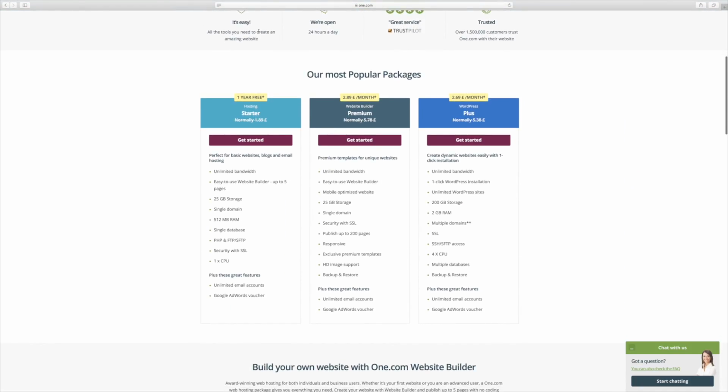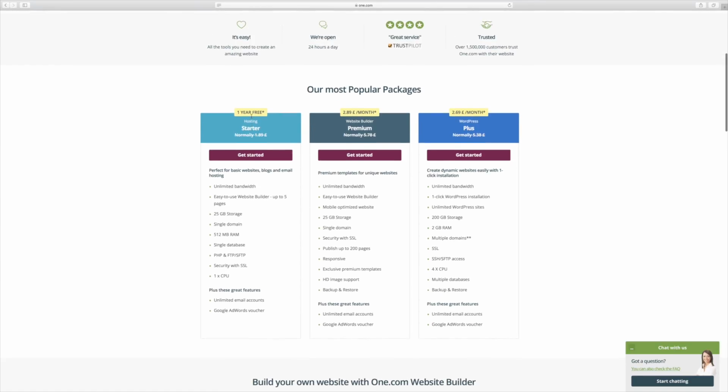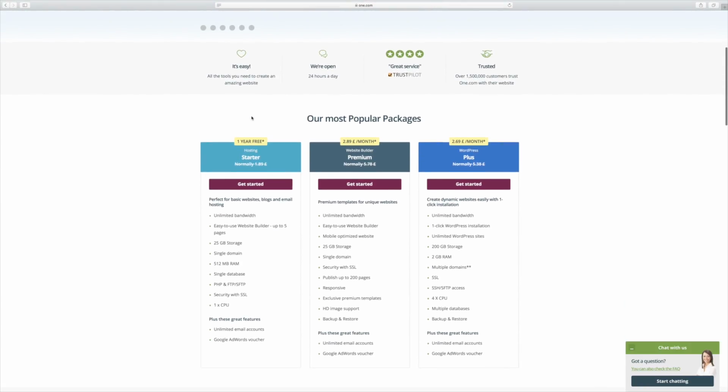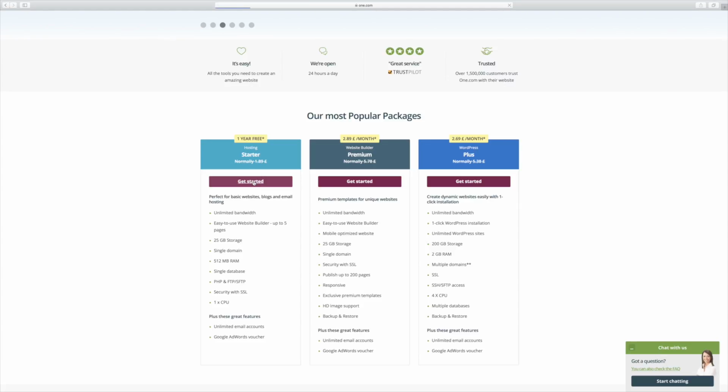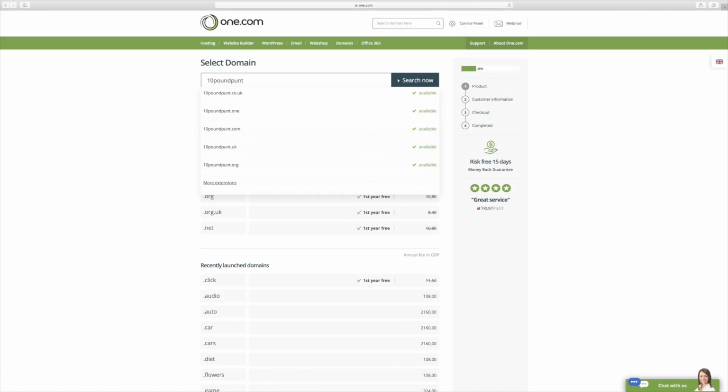This is their initial stuff, and there's our most popular packages. So this is a hosting starter package, and this is the far left of the range. This is the lowest you can go for. If you get started on here, you'll see that. I can't spell pound. So I'm going to search. So £10punt.co.uk is available. So if I click on that,